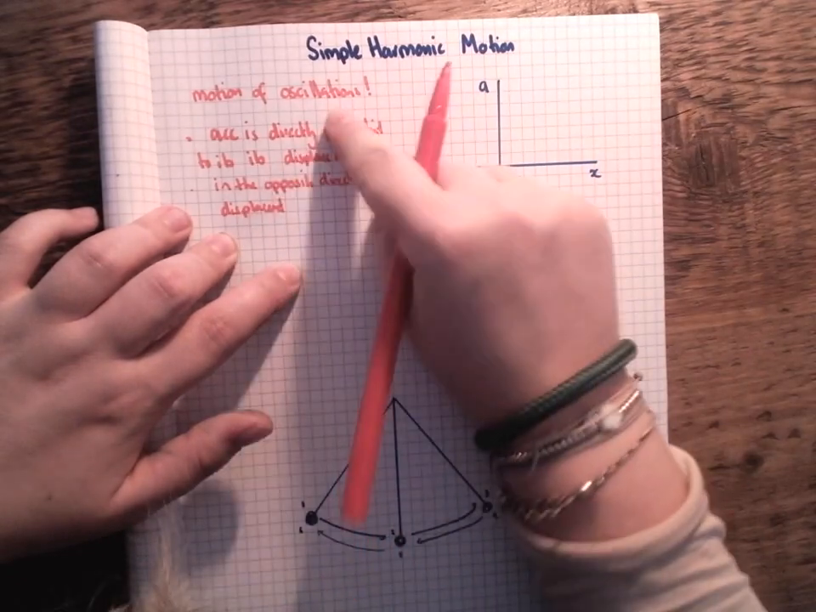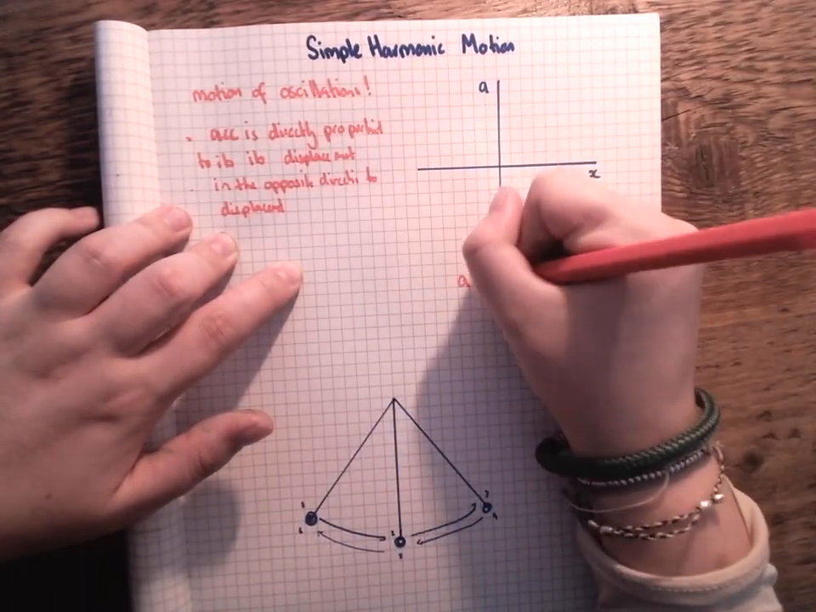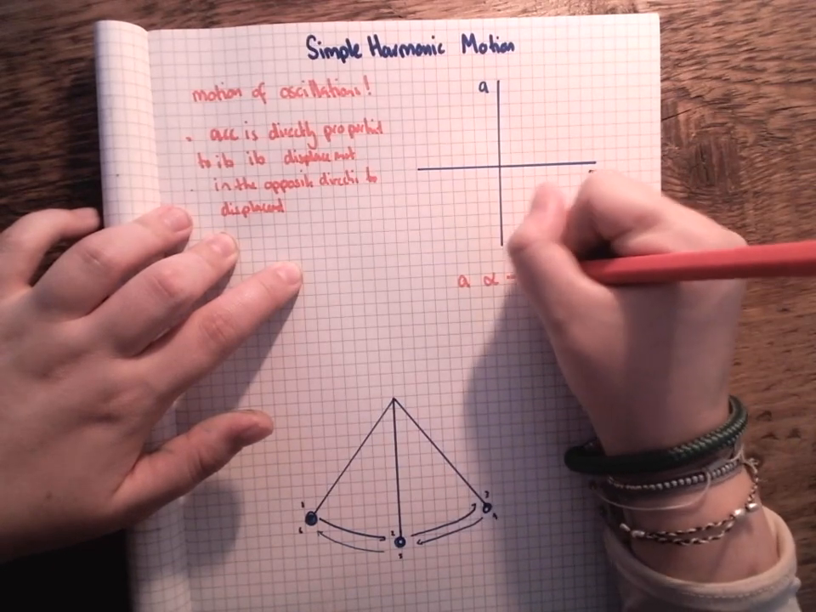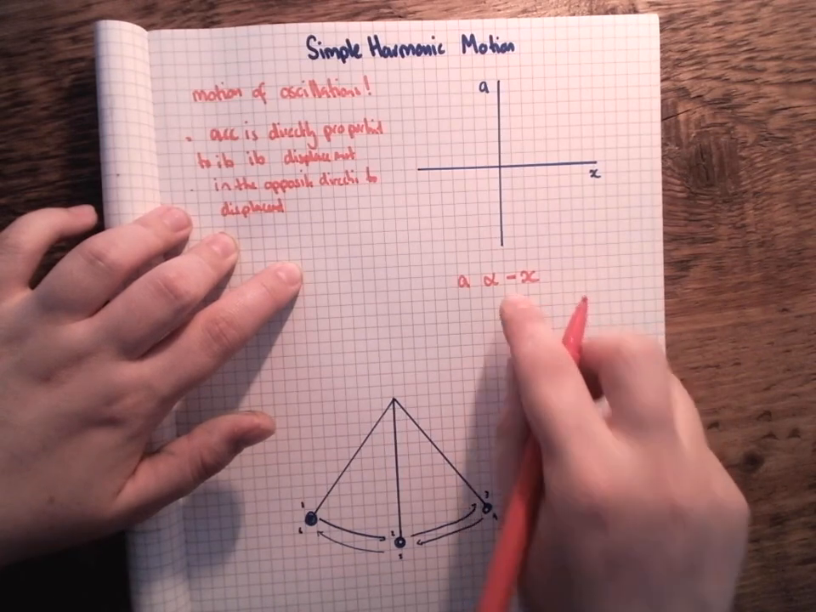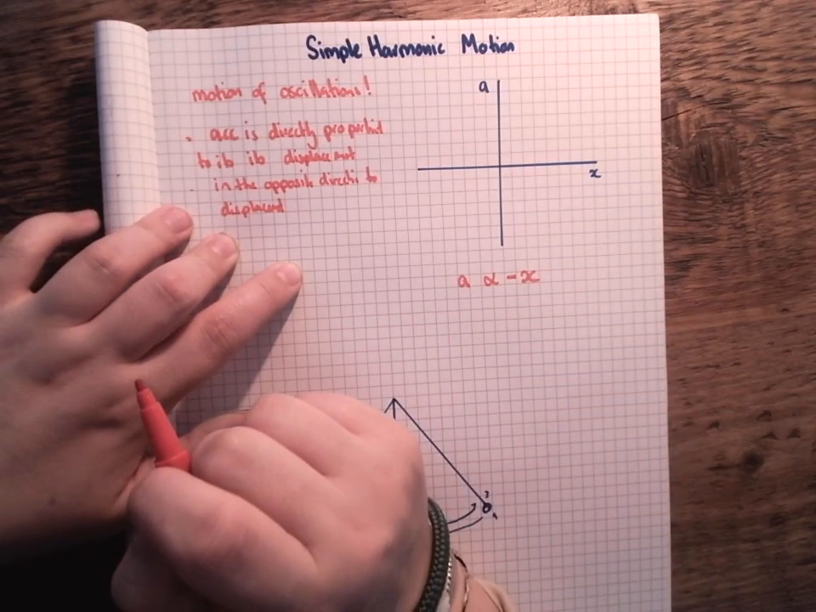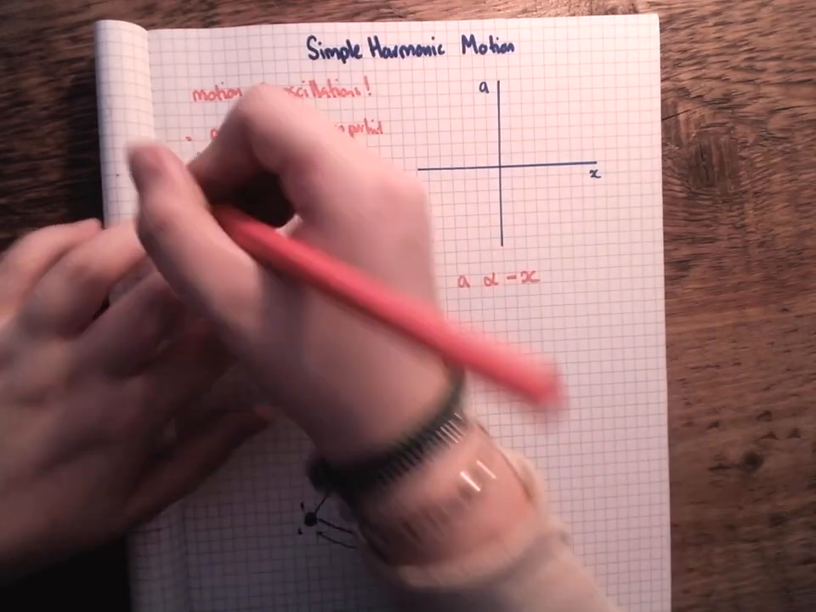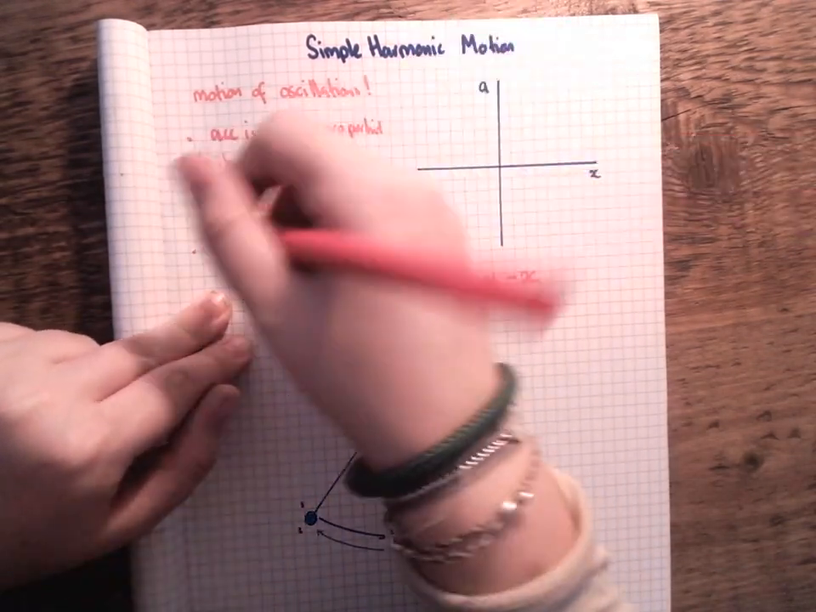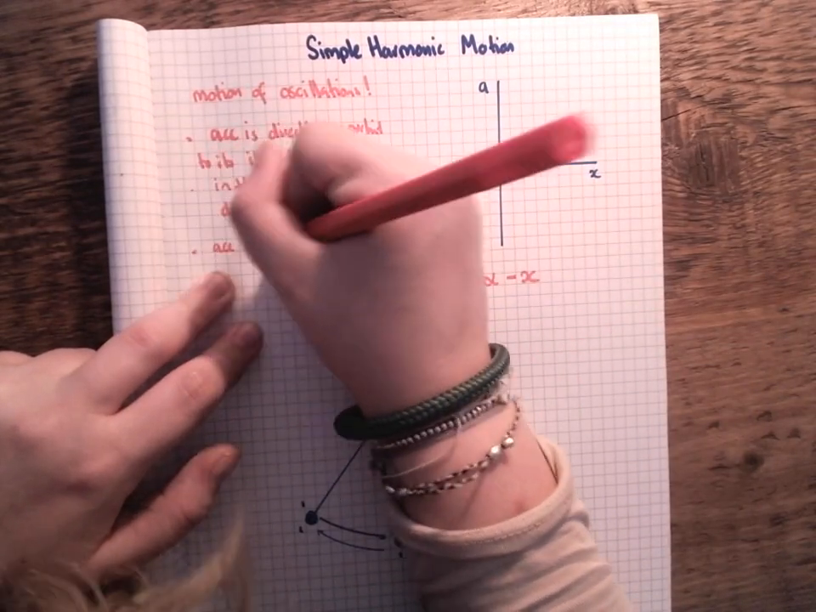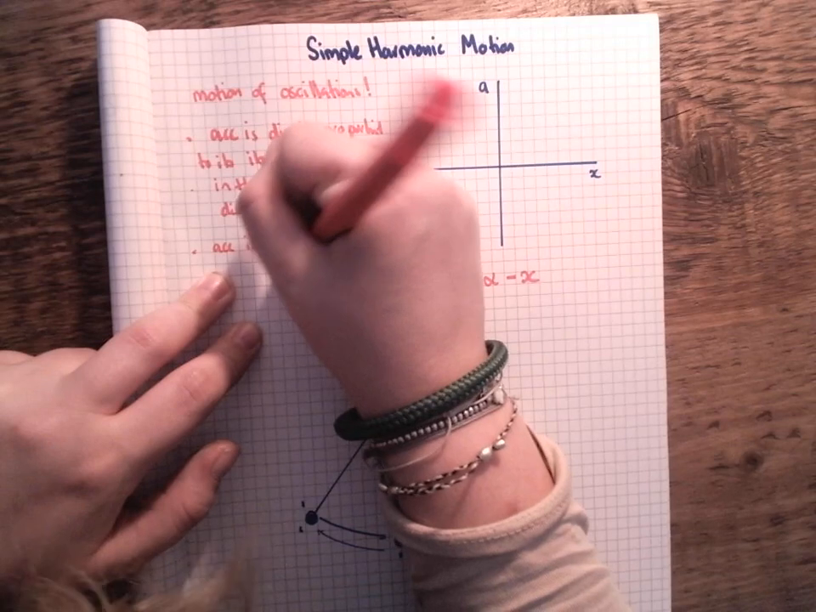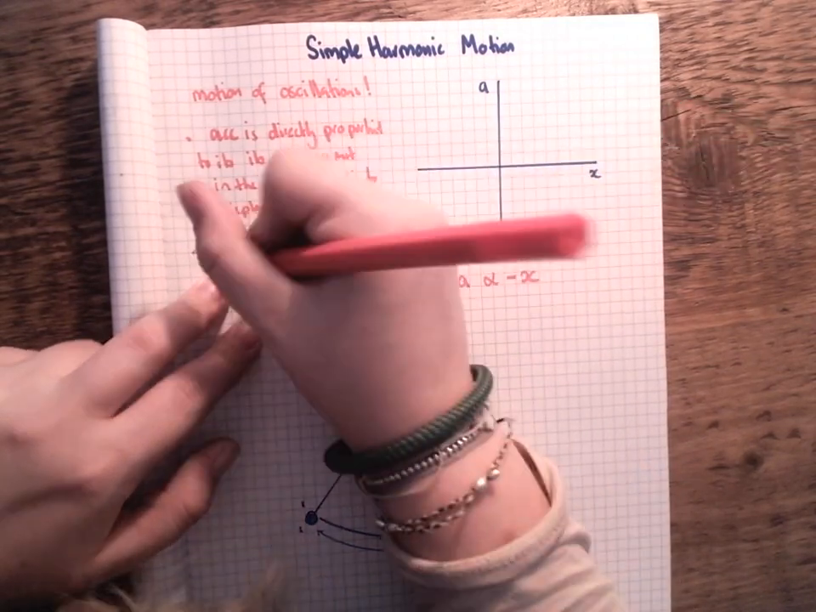Now, to show that it's in the opposite direction, we can just use that algebraically to show that a is proportional to minus x. So it's proportional but in the opposite direction. We also say that it's directed towards the equilibrium position. So the acceleration is always directed to the equilibrium